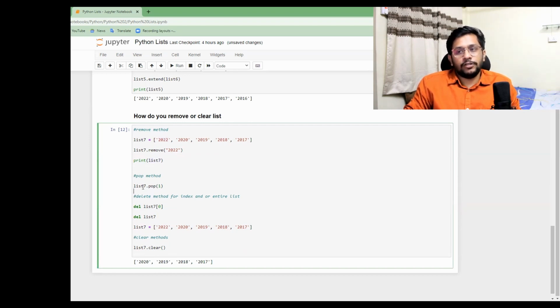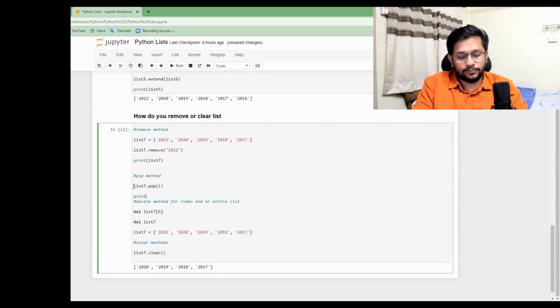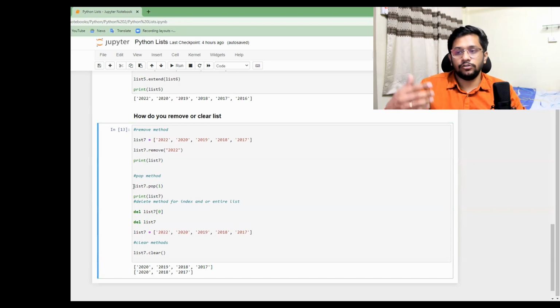List pop 7, right? Now here we can print the list, and you will know why everyone starts with print, because it is important to check your output. Okay, we have mistakenly put list 7. Hit Control Enter. So you know that pop 1 will remove the next item.